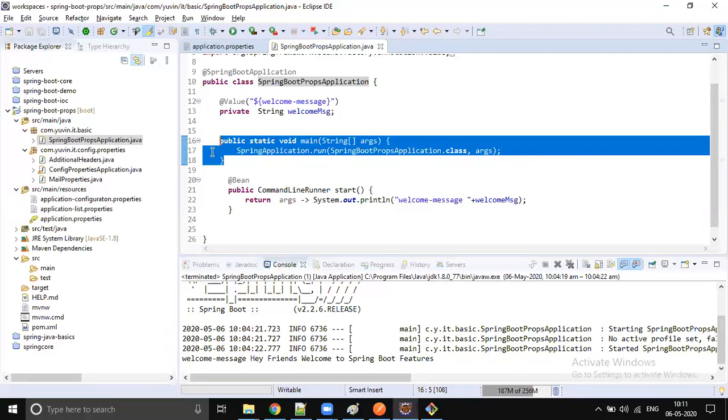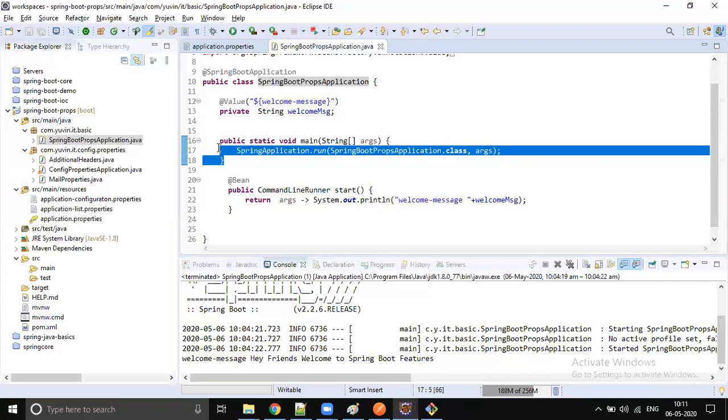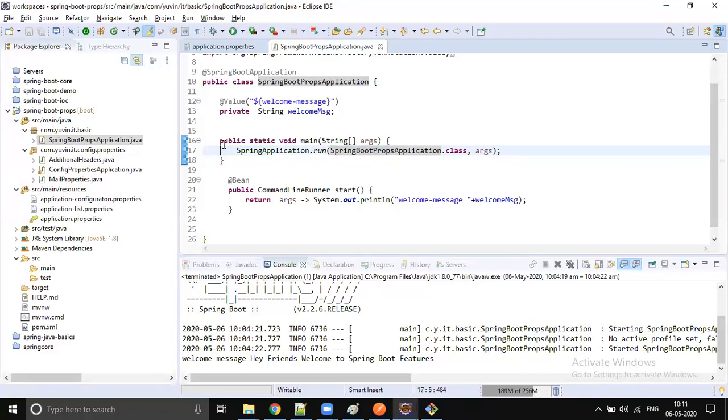Yeah, we will send an email to the Spring people. Why are you asking the developer to do this unnecessarily? We can give a suggestion, right? Then they might say there are multiple classes that can be annotated with Spring Boot, and then multiple main methods can also be written. If the developer is doing that intentionally, you can't do anything. So you throw some exception saying that multiple Spring Boot applications are configured.